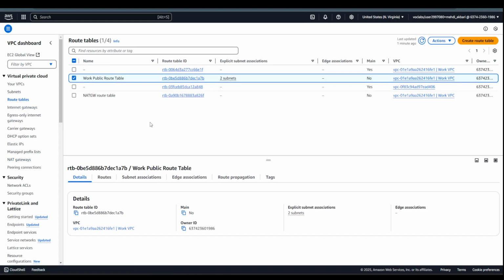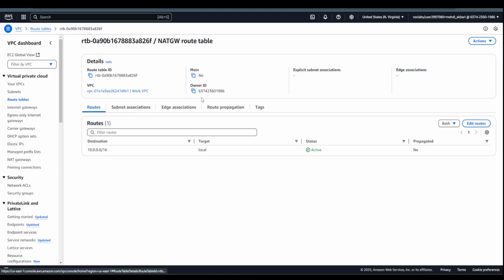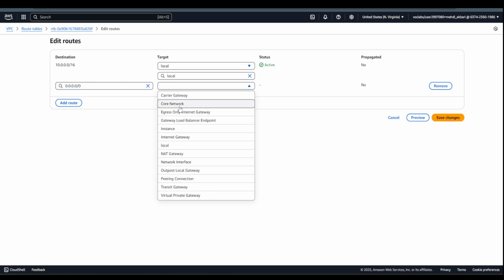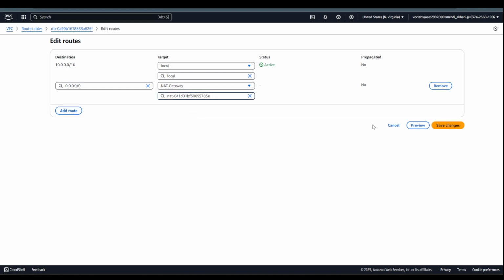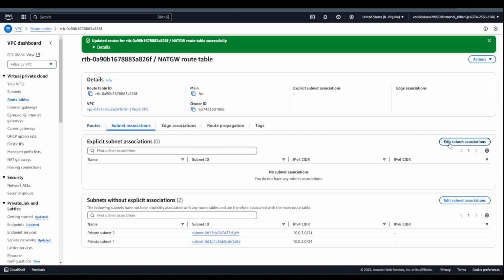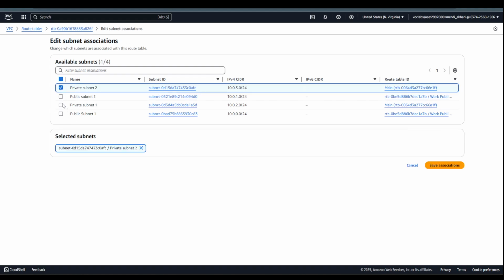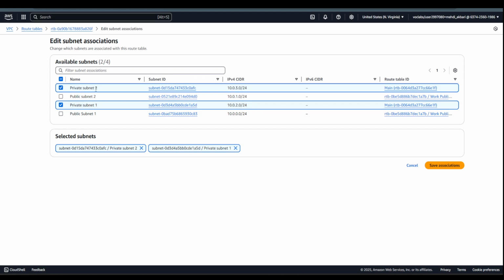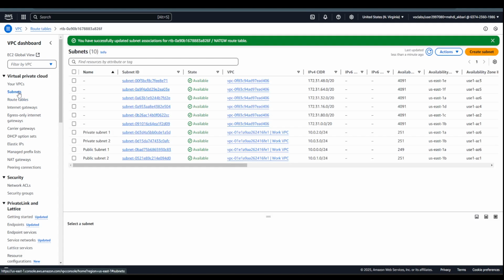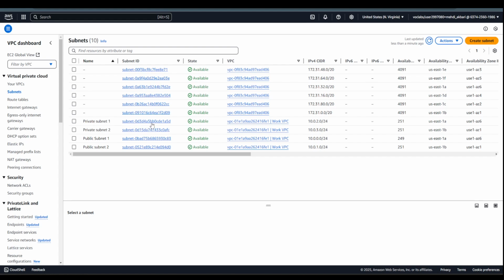Let's go to route tables. This is the route table that I have for my NAT gateway. Let's edit routes. Let's say whatever goes to the internet goes to my NAT gateway, and then done. To associate subnets, I'm going to associate private subnet 1 and private subnet 2 to this NAT gateway. So in terms of subnets, now I'm done. I have 2 private subnets connected to the NAT gateway, and 2 public subnets connected to the internet gateway. Now let's go to